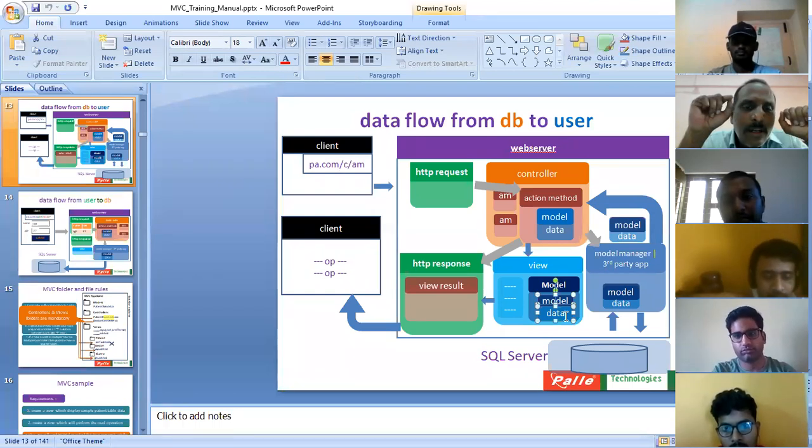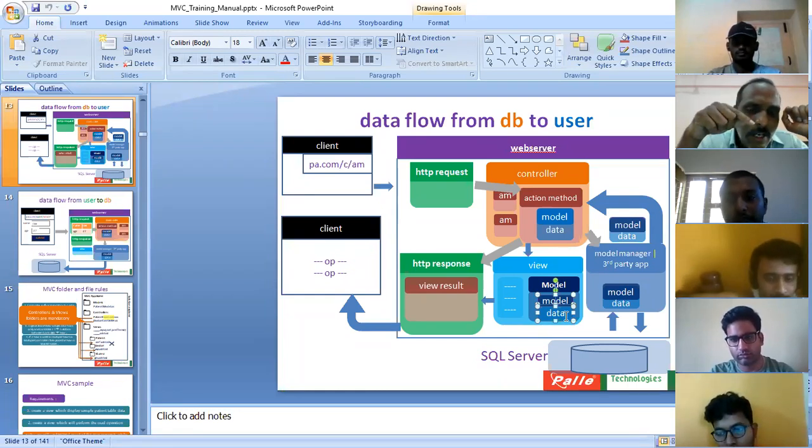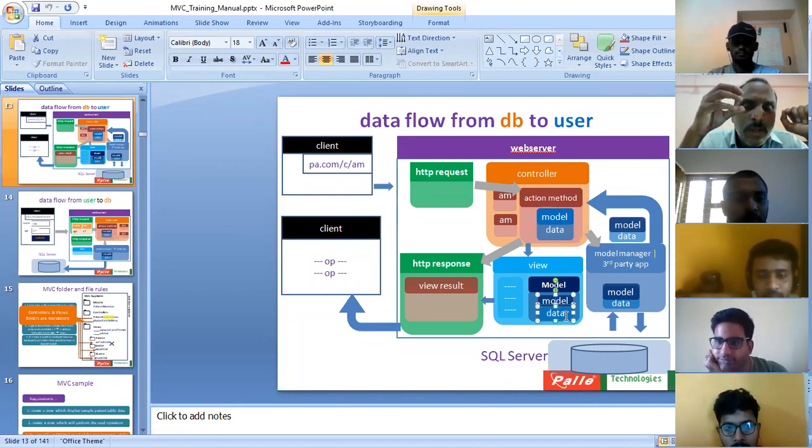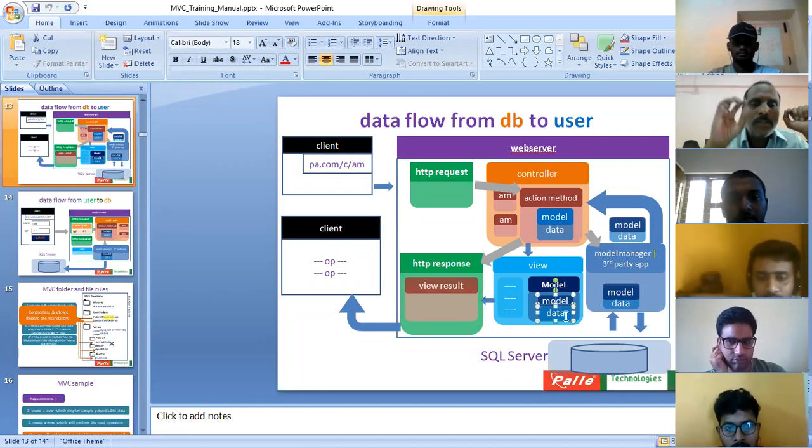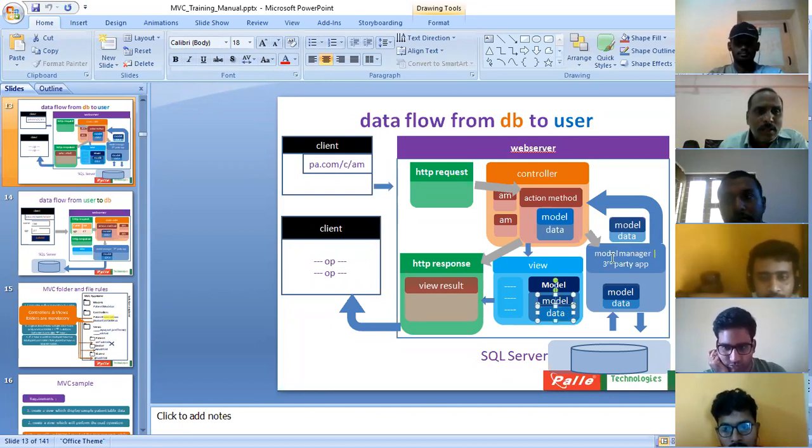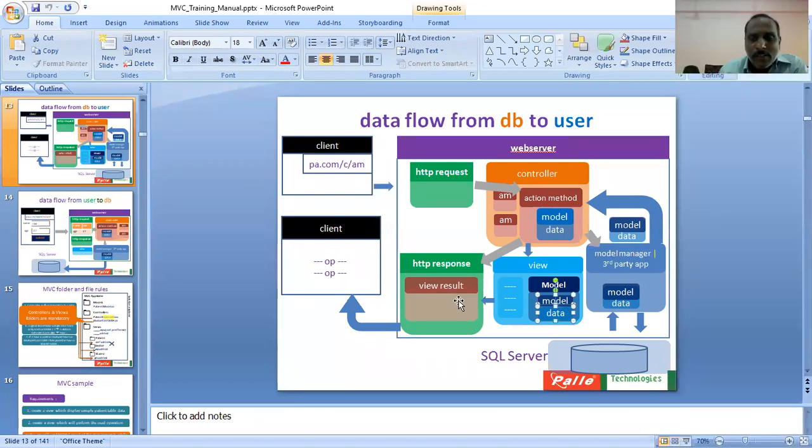Now you may get one doubt: who created that model property? It is part of the MVC framework. Whenever you are creating any view, automatically the model property will come into that view. So that model property will store the incoming data. Hope you understood. Finally, after execution of the view's code, the view's output will be sent to the response, and this HTTP response object will be sent to the browser.